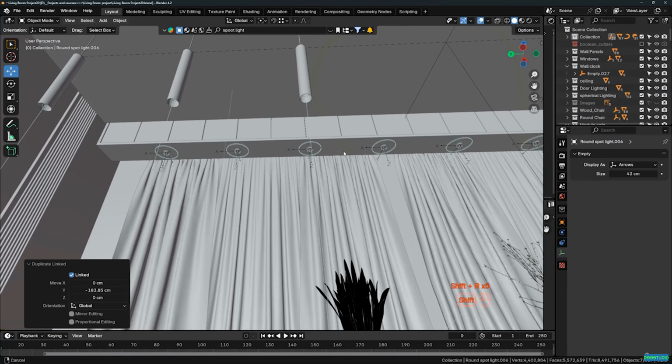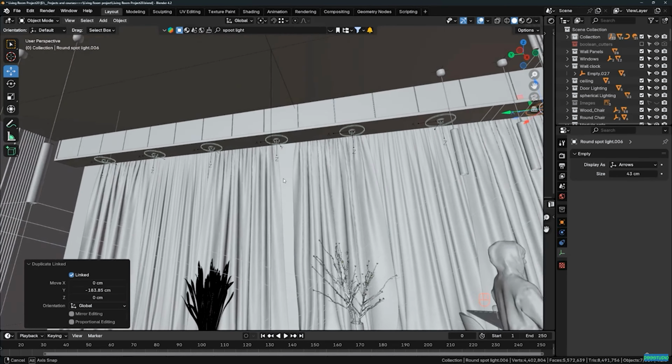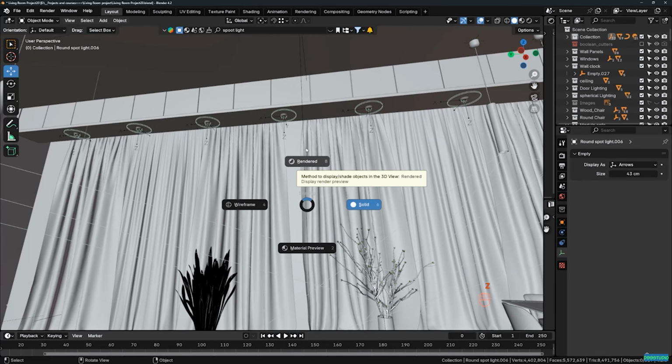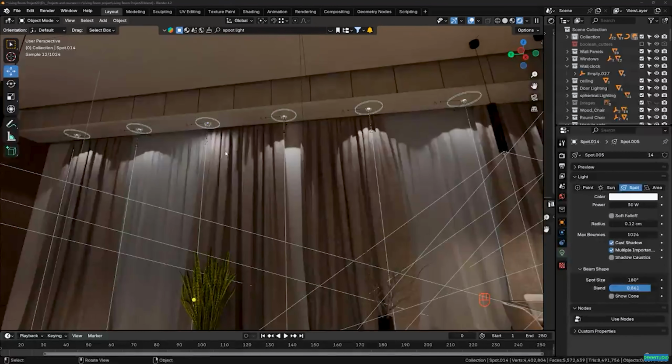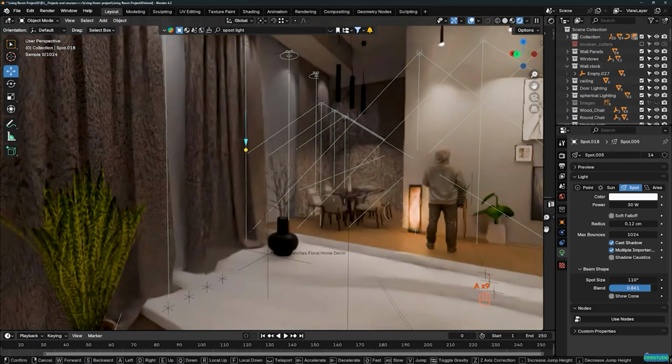And yeah, the result looks nice. Now I will hit Z and go to the render. I just want to see in the render what will happen. Hit Z and go to render. I will make small kinks here. Go to the spot size and I will reduce the size a little bit. Let's type, for example, 110, something like that. All right, the result looks very nice